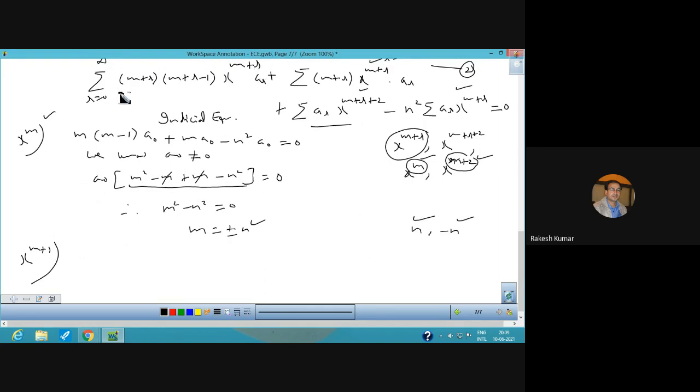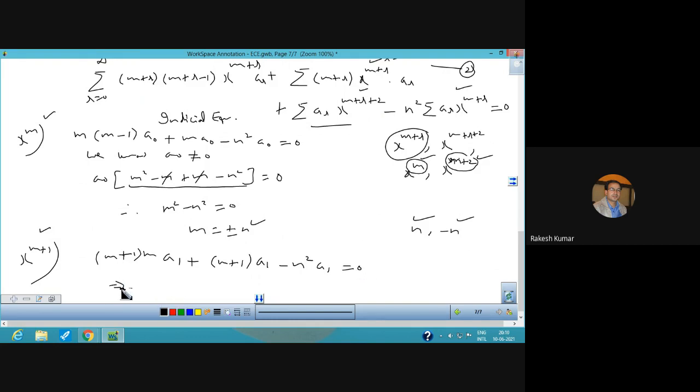So if we use r is equal to 1 here, you will have m plus 1, and here you will have a simple m, and this is a1 plus put r is equal to 1, you will get m plus 1 into a1. This is from the second summation, and third summation से फिर हमारे पास कुछ नहीं आएगा because r is equal to 1 के लिए coefficient हो जाएगा x raised to power m plus 3, but we want to equate x raised to power m plus 1. And so from the last summation, we shall have n square a1 is equal to 0.